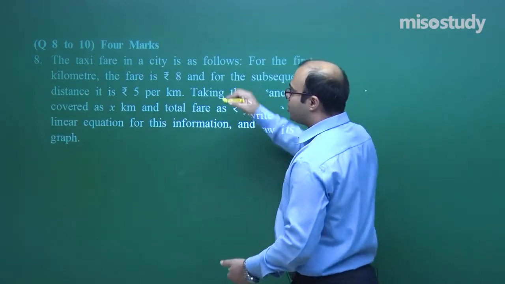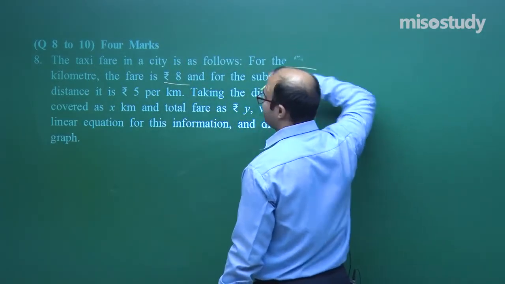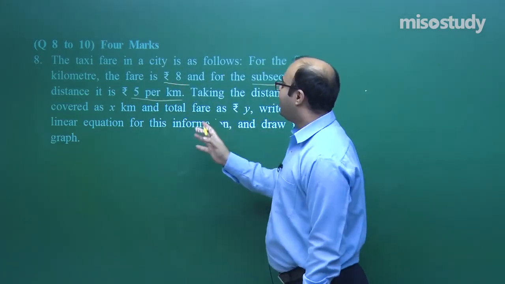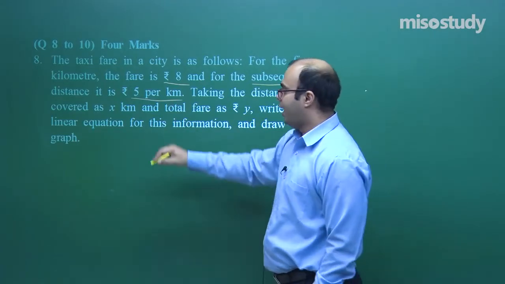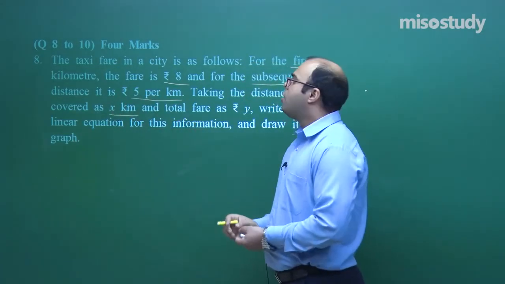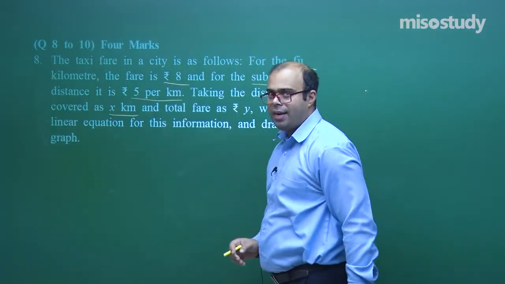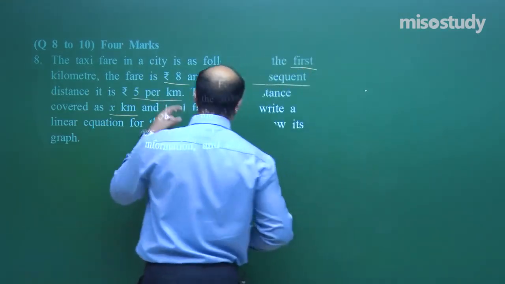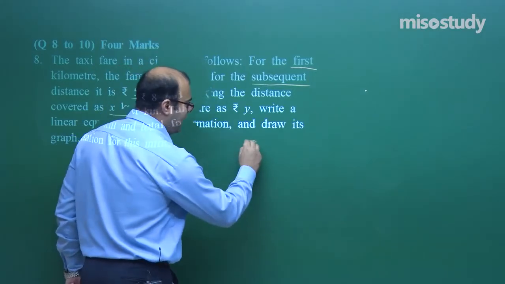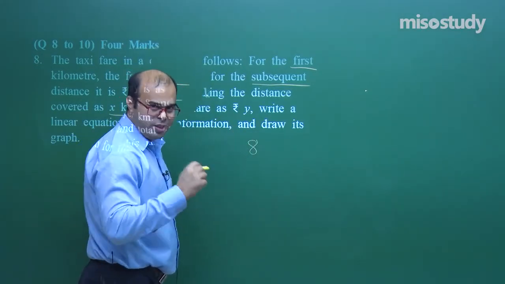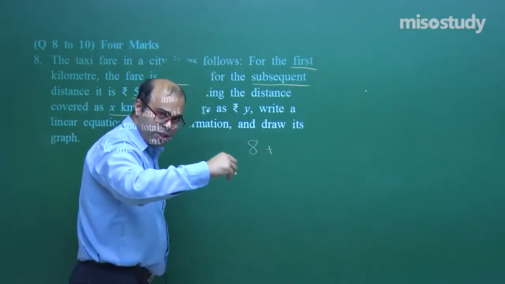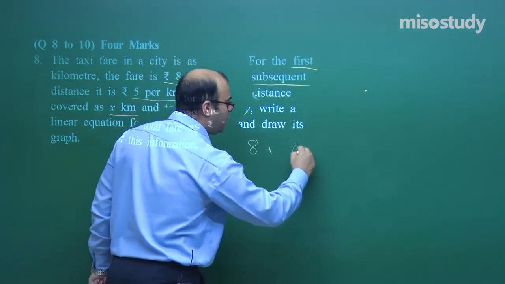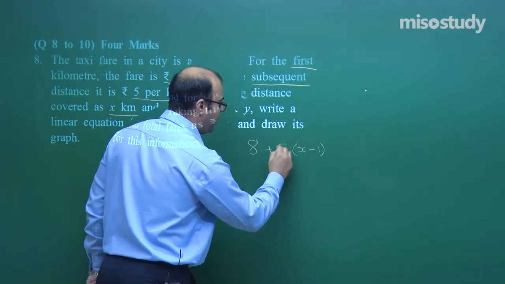Here the information is that the first kilometer cost is rupees 8 and for the subsequent distance it is rupees 5 per kilometer, and we are given x kilometer that the person has covered. So, out of this x kilometer, for the first kilometer he was travelling at rupees 8 and for the other x minus 1 kilometer he is travelling at rupees 5. So, if we want to get the total cost, we will say 8 rupees is being given to the taxi driver for the first kilometer plus for the next x minus 1 kilometer. Total is x kilometer, 1 kilometer cost is already given. So, x minus 1 kilometer cost is 5 rupees per kilometer. So, we multiply this with 5.